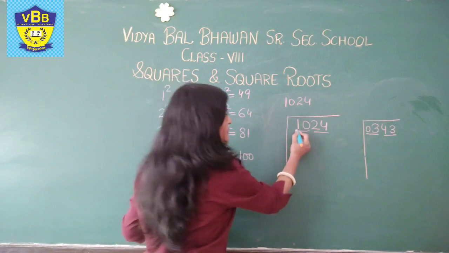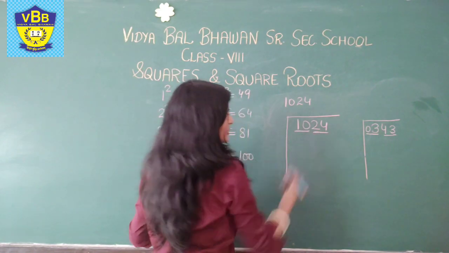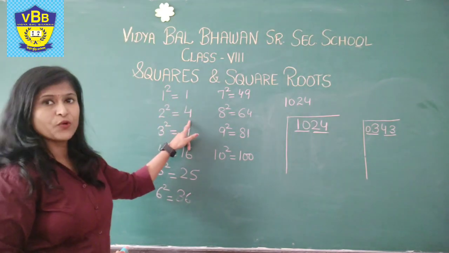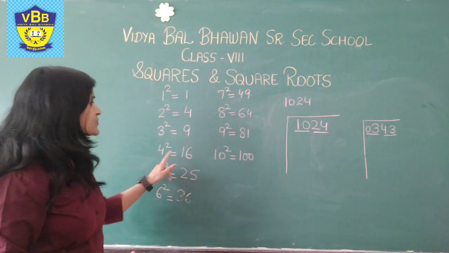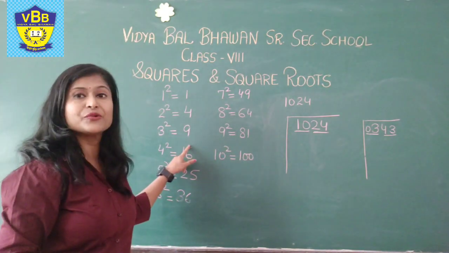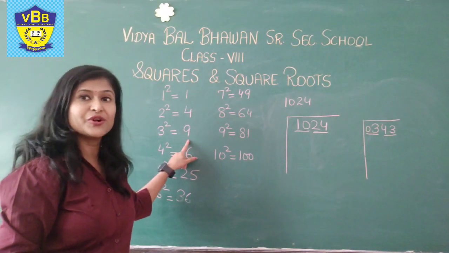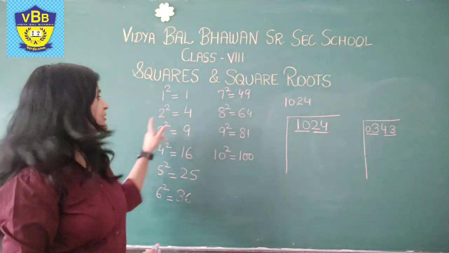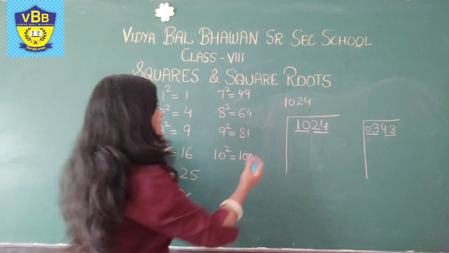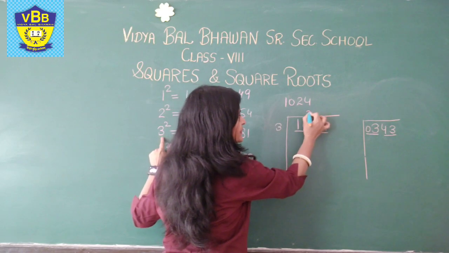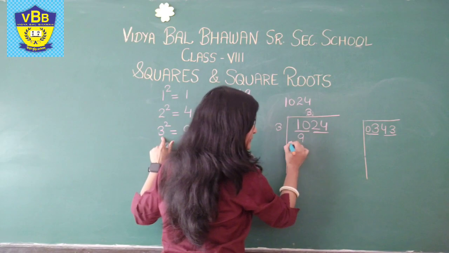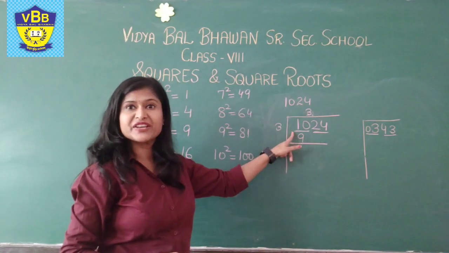Okay, so let's start. This is 10 and here is 24. Let's count. 1 square is 1, 2 square is 4, 3 square is 9, 4 square is 16, which is greater than 10. We always read square roots as squares only. We can't take 3 fours or 3 twos; it should be in square format. So we take 3 square here, 3 threes are 9. In division, we do subtraction after that.